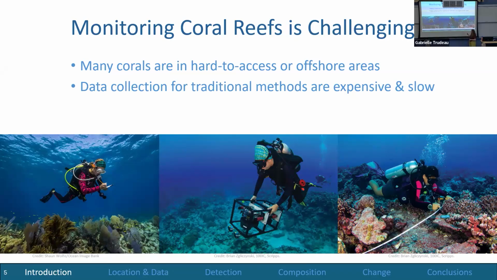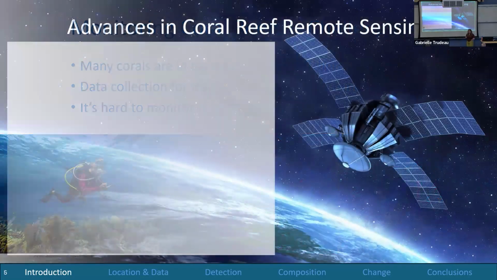So I've actually included a couple examples on this slide of ways that we traditionally monitor coral reefs, or collect data, if you will. So I have somebody who's swimming, probably taking notes of the different types of corals they're seeing, the amount, somebody with an actual tape measure, measuring these corals. But the one I want you to focus on and pay attention to, because it'll come up later, is this diver who's swimming with a camera rig who's actually taking photos of the seafloor. This will come up a little bit later. But for all of these reasons, it's really difficult for us to monitor corals at large scales.